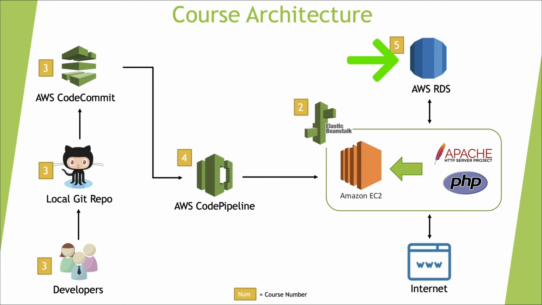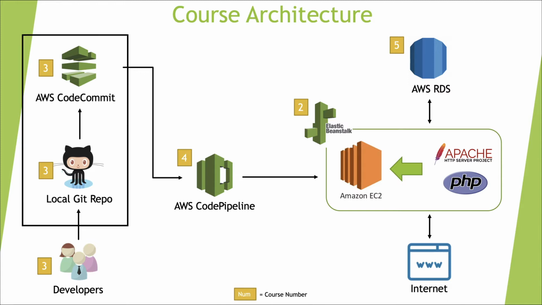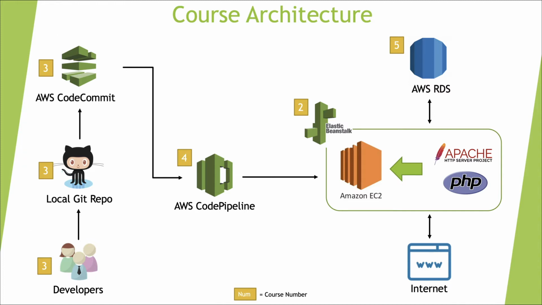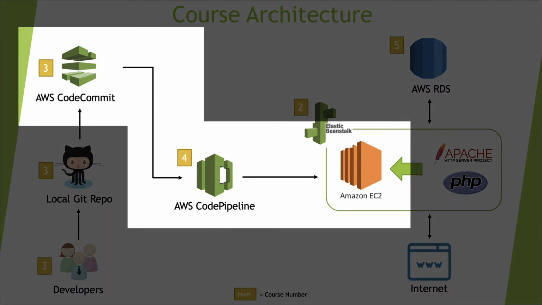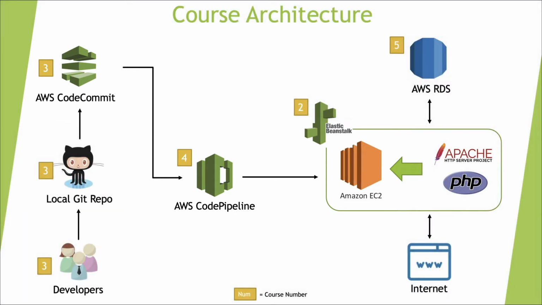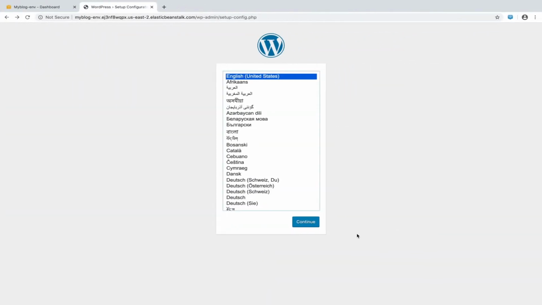an AWS RDS instance using a MySQL database. We'll then configure those database details in our local Git repository, and then we'll finally push it to the remote AWS CodeCommit. Once we push, our CodePipeline will be automatically triggered and the configuration details will be pushed to the AWS EC2 instance. In the last video, we were at this WordPress configuration screen.